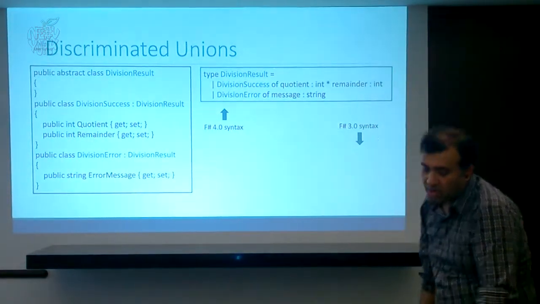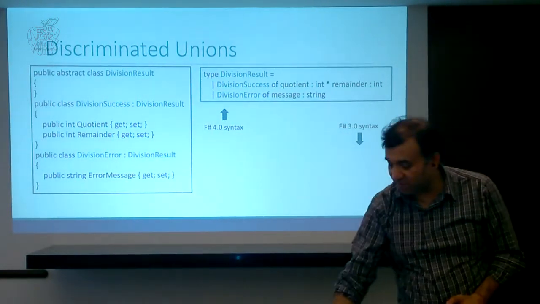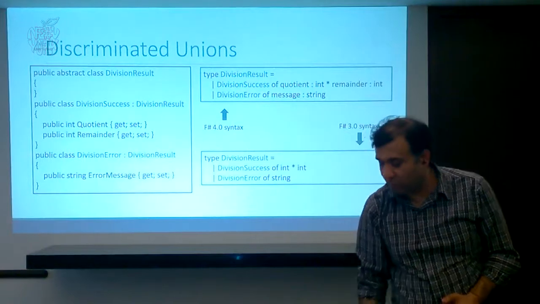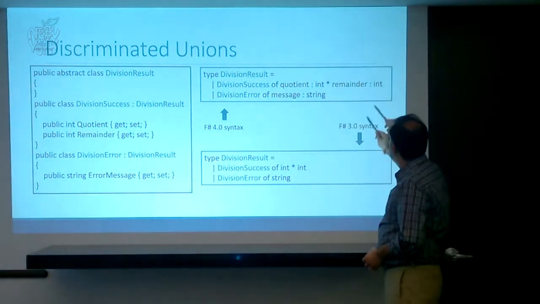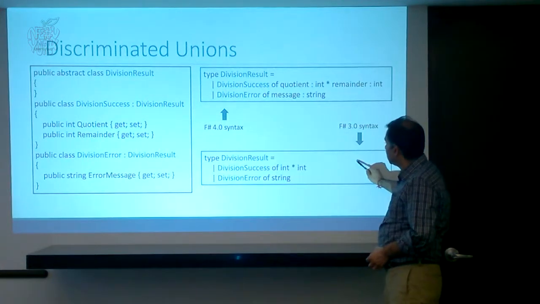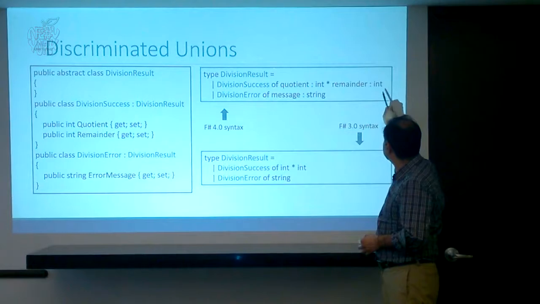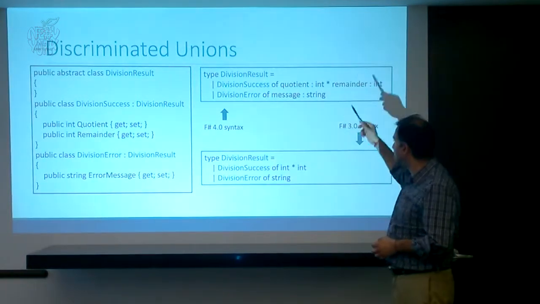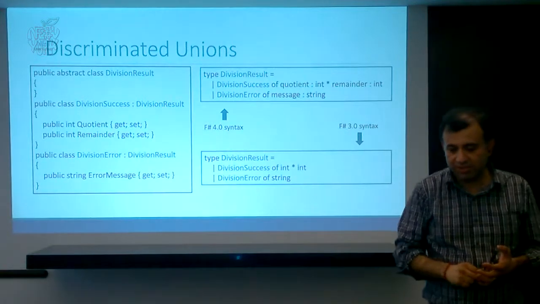Yeah. So this is called a discriminated union. The syntax has changed a little bit from FSharp 3 to FSharp 4. If you're using Visual Studio 2013, this is not going to be supported. Sorry, 2013 supports this, not this. 2015 has both. That's why I differentiated them. Discriminated unions essentially,